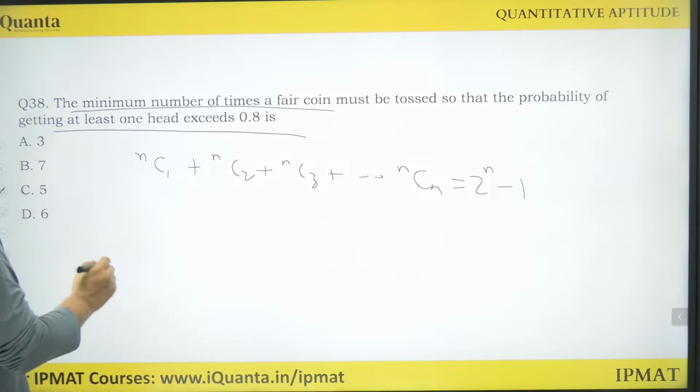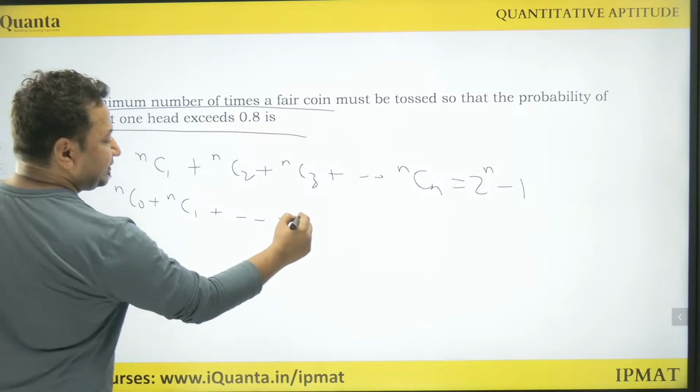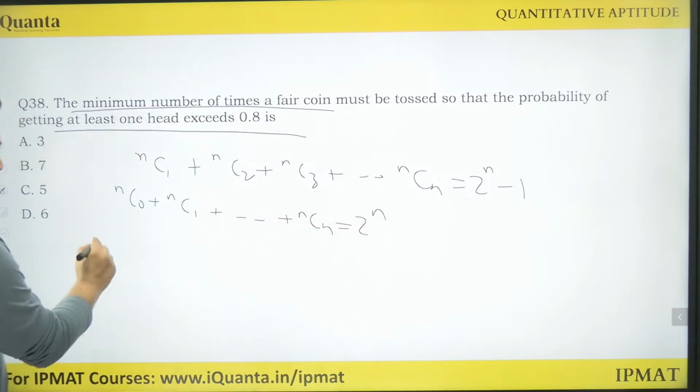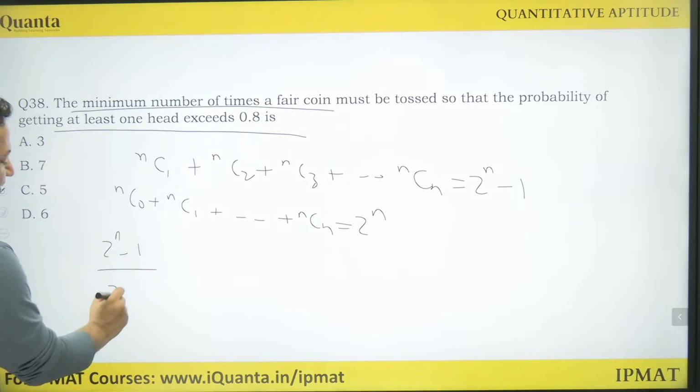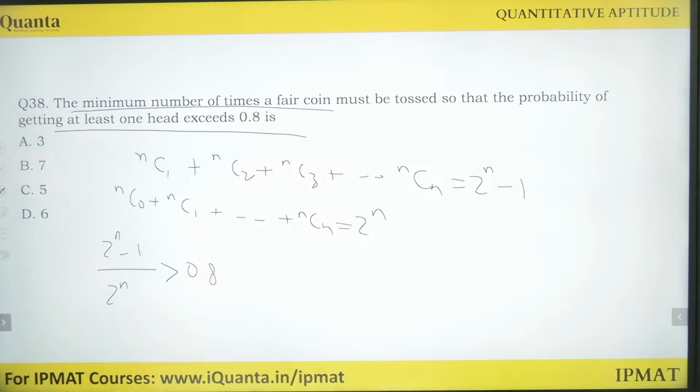And total cases कितने जाएंगे? Total cases are NC0 plus NC1 till NCn, कि एक भी head ना आए. That is equal to 2 to the power n. So basically probability will be calculated as 2 to the power n minus 1 upon 2 to the power n. This should exceed 0.8. So if I put n as 2,